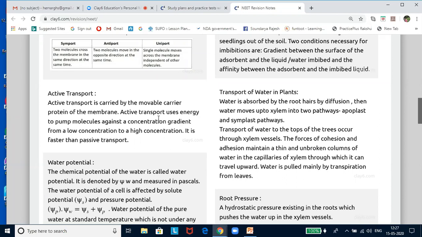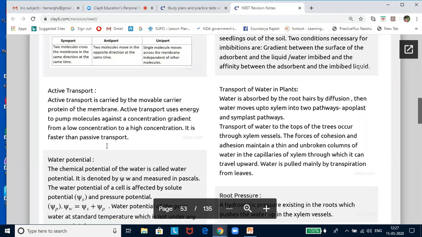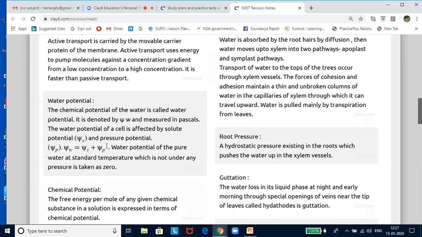Now let us look at water potential. The concept of water potential was proposed by Slatyer and Taylor in the year 1960. I repeat the name, Slatyer and Taylor in 1960. Water potential in a plant tissue is always less than 0 bar and hence a negative number. It is represented by the Greek letter psi. Water potential psi of pure water is 0 and addition of solute to it decreases its psi. That means it becomes negative.